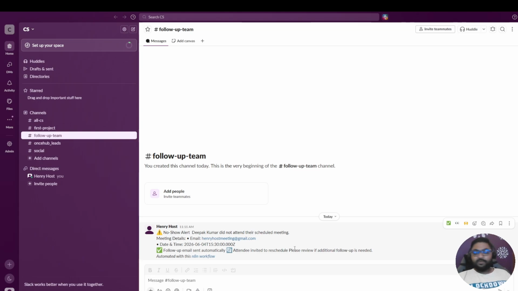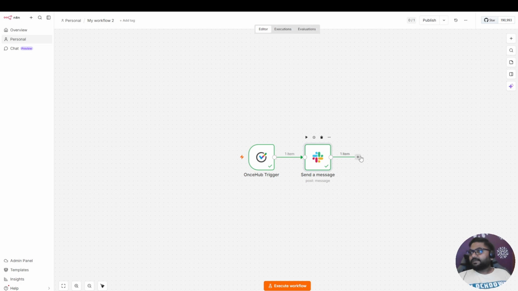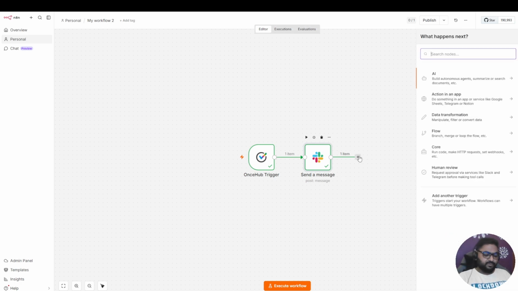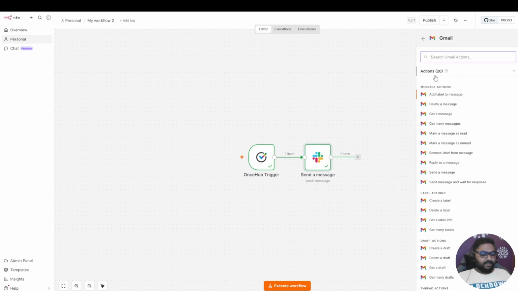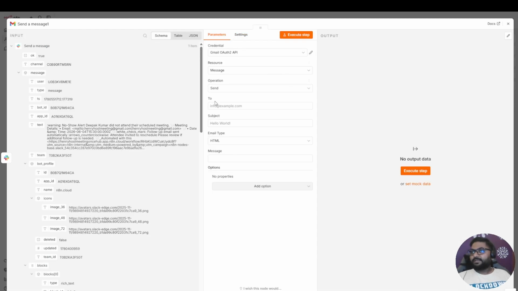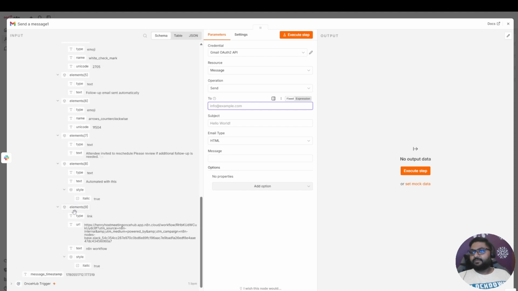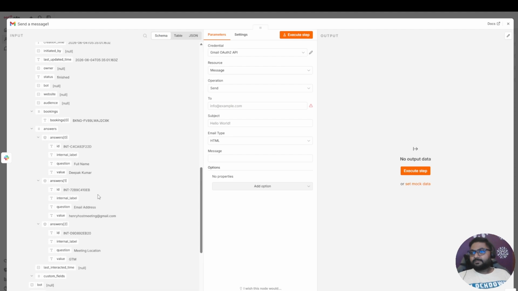Now let's go back to our next action, that is to send a follow-up email. For this, we'll be selecting Gmail as an app, and the action would be send a message. I have made a connection between OnceHub and Gmail, so that is why it is directly allowing me to send the message. So we will be using our information from the OnceHub trigger,